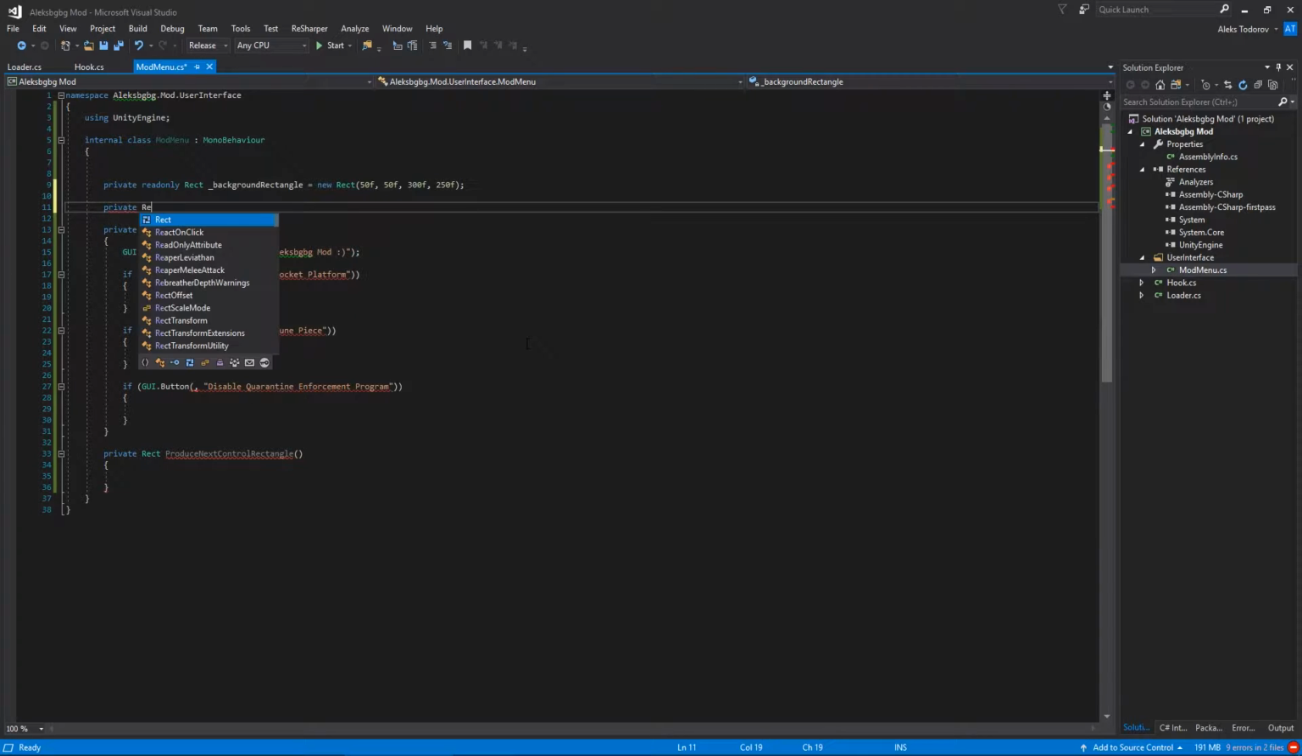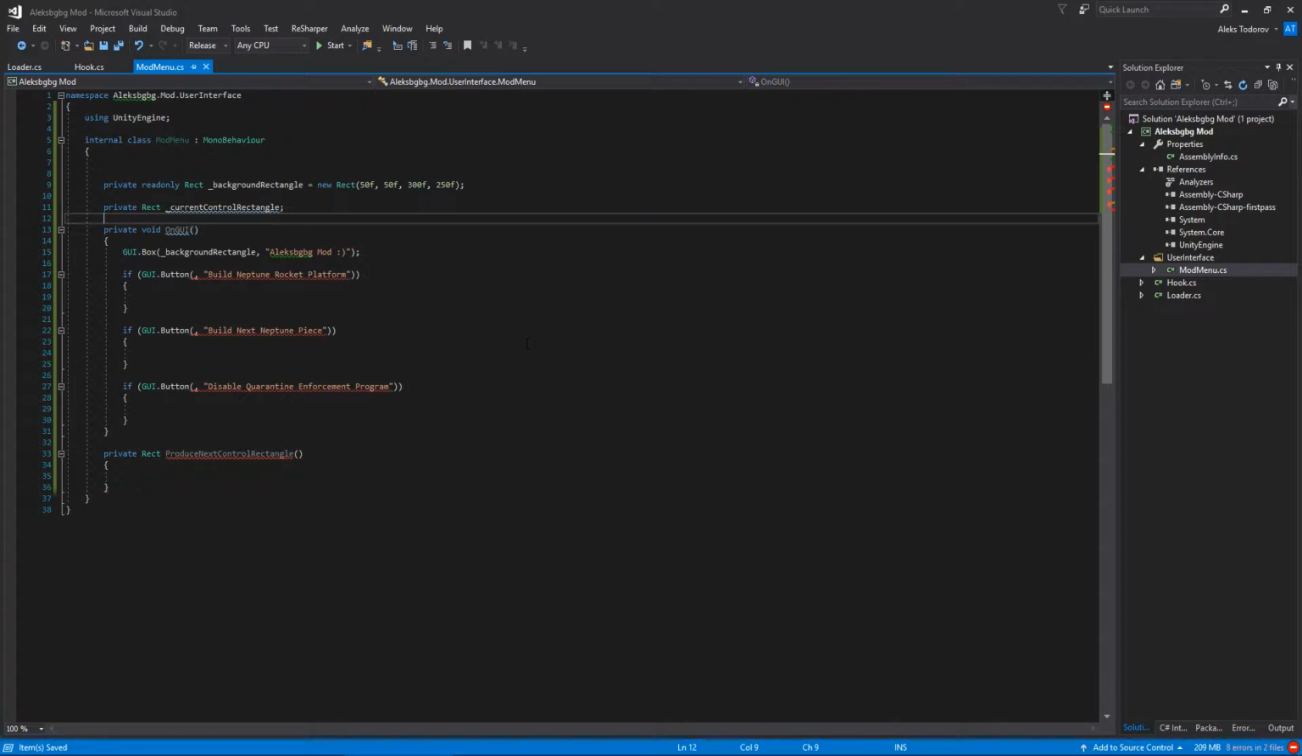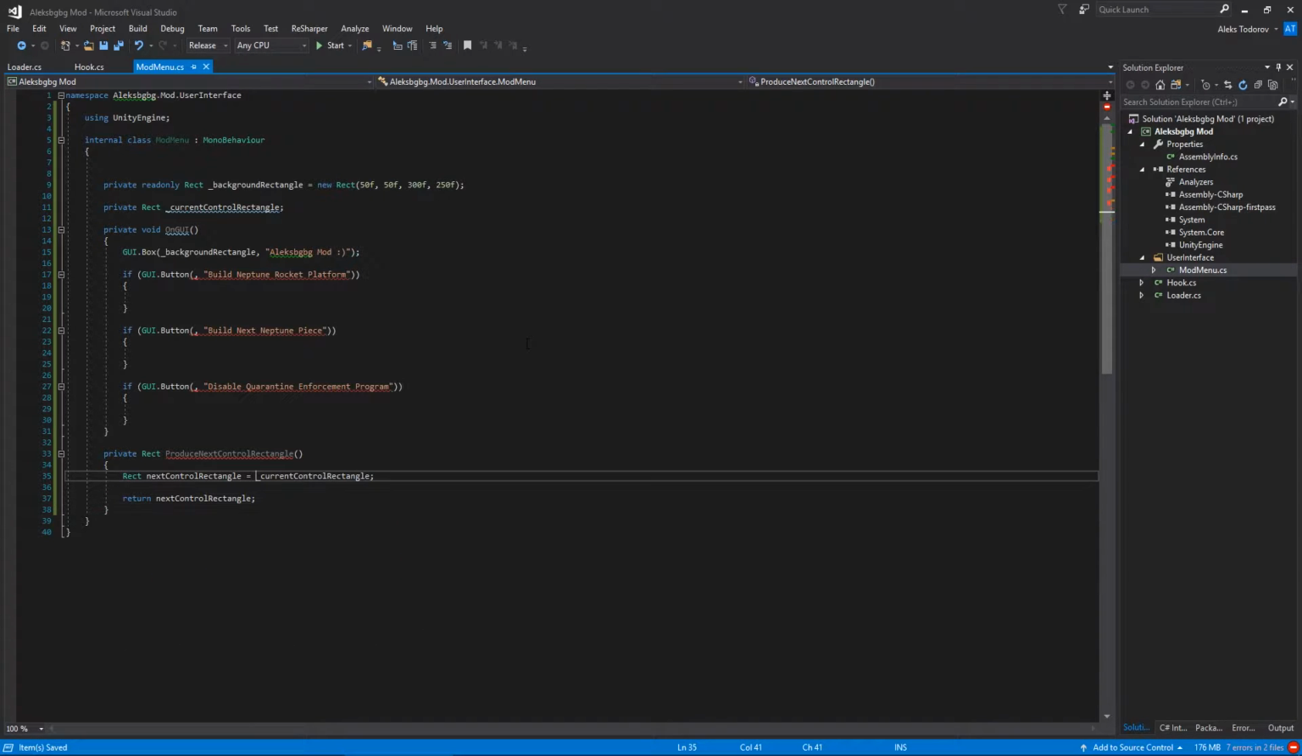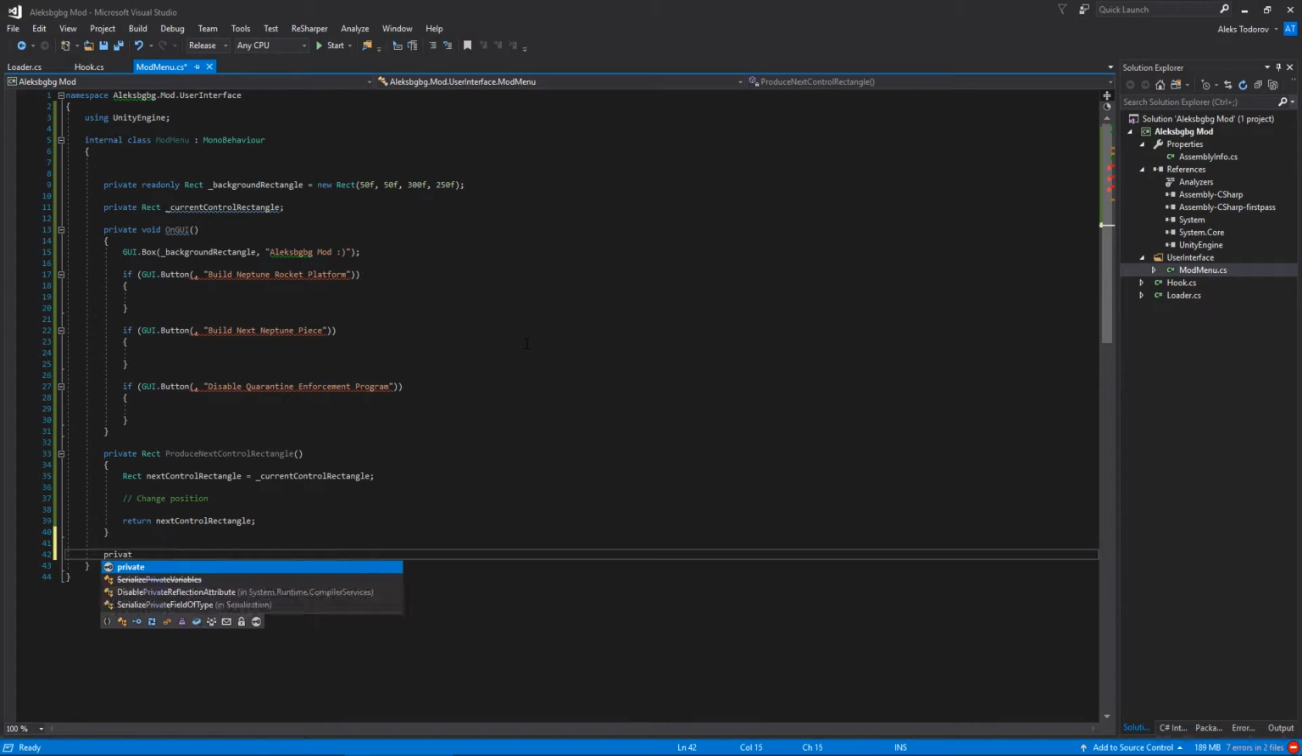So first I'm going to create a field, and this is going to be called the current control rectangle. So this is going to be active whilst we're building controls, meaning the buttons. So first of all, I'm going to assign the next control rectangle as the current control rectangle, and then I'm going to return it. However, in between here we need to change the position of the control to put it in the right position. However, before that we just need to initialize this current control rectangle,